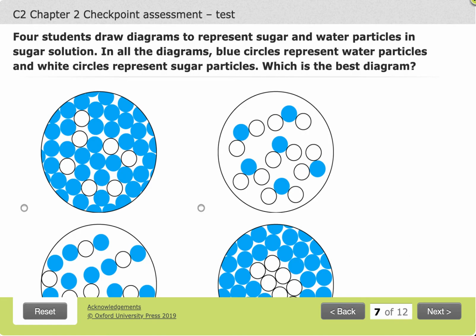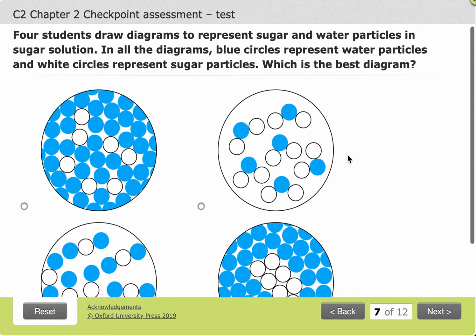Okay, this is our C2 Chapter 2 checkpoint assessment. We're now looking at slides 7, 8 and 9. We've been asked to show sugar and water particles in a sugar solution. Now in this case, you should know that in a sugar solution, we expect the sugar to be distributed throughout the material. Okay, in the diagram, we've got blue circles representing the water particles and white circles representing the